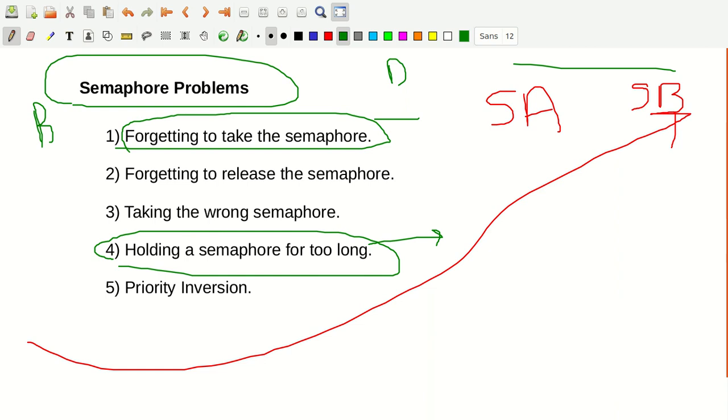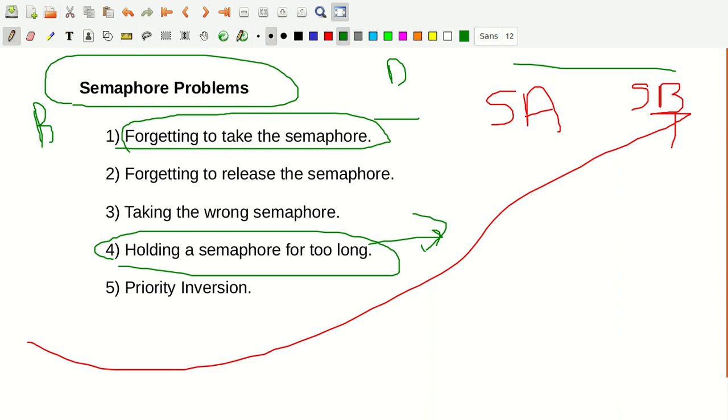Now obviously we know that another task which wanted to have access to that particular variable will not have access, because it has to keep on waiting until the other task finally releases the semaphore. Until the task releases the semaphore, the waiting task has to keep on waiting. Only after it releases the semaphore will the waiting time be over. So that waiting time depends on how long the semaphore is held by the particular task.